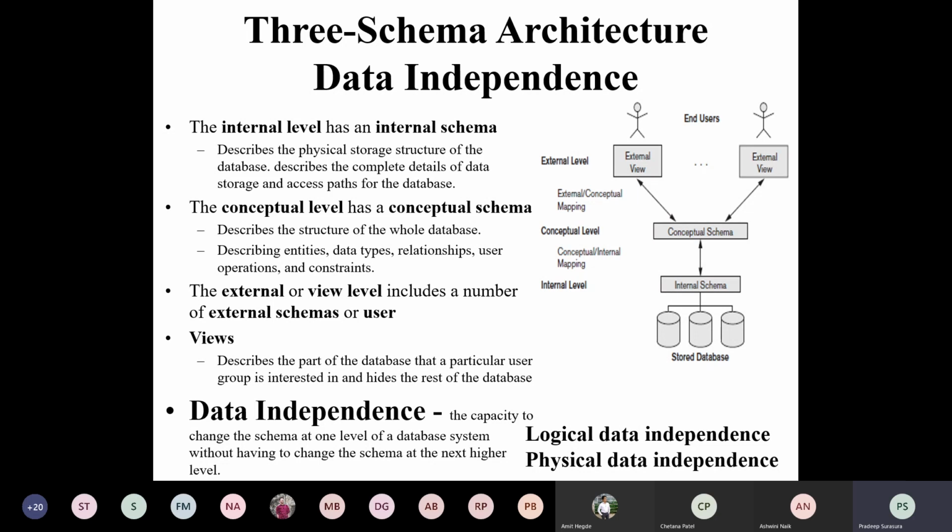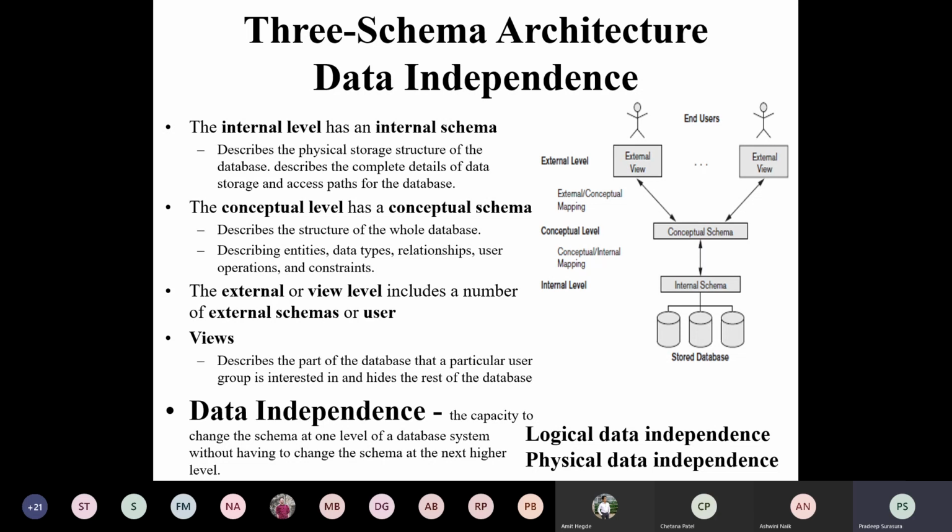So if you change from one browser to another browser, the data should remain unaffected. If you change from one system to another system, or if you change the storage system, the other layers should be unaffected. That is the meaning of data independence. Again, there are two different versions: logical data independence and physical data independence.